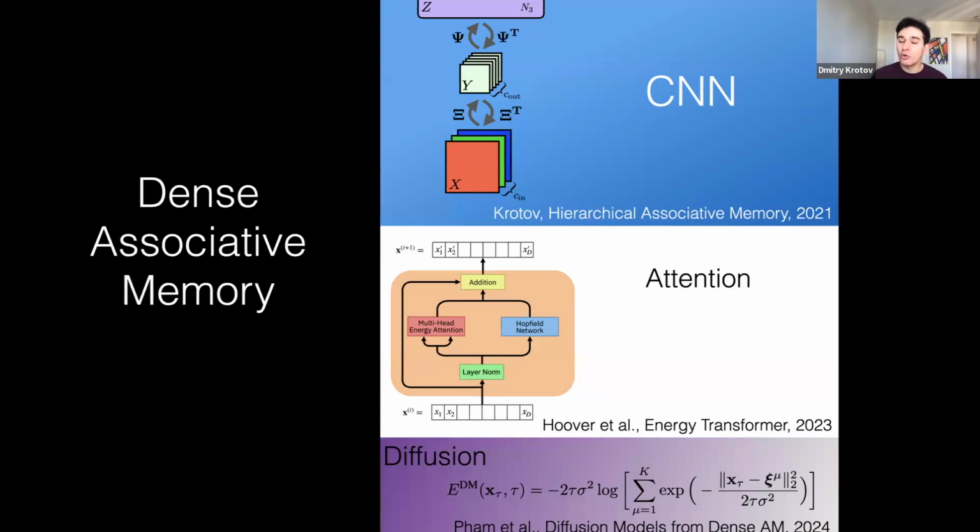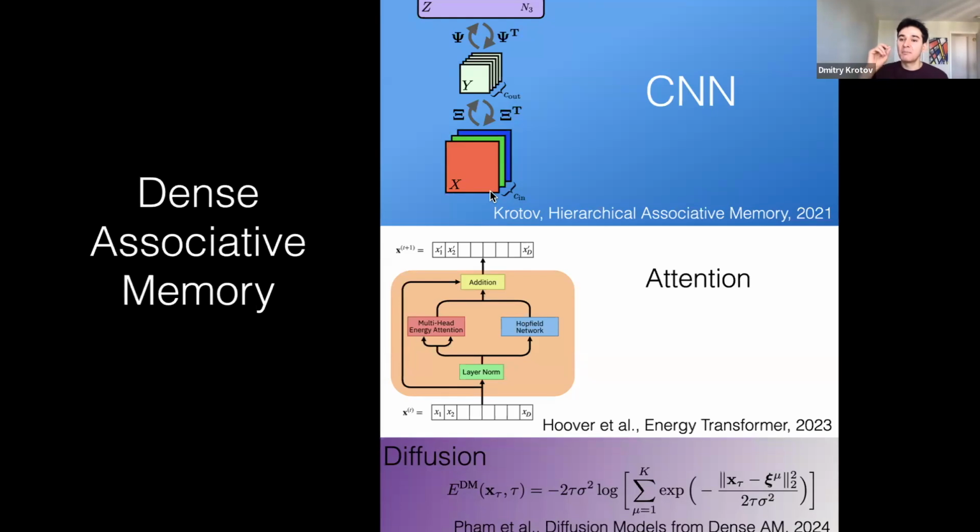And it turns out that all these inductive biases that we like and value so much in conventional deep learning can be incorporated into the framework of dense associative memories. What it means is that you can design neural networks with feedback. Look at this picture, for example, shown on the right. It's not a feed-forward convolutional neural network because there are these arrows pointing from the higher layers back to the lower layers. So it's a network with very heavy feedback from top layers all the way to the input layer.